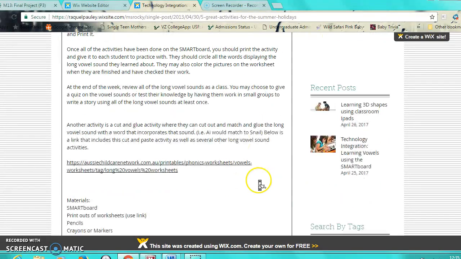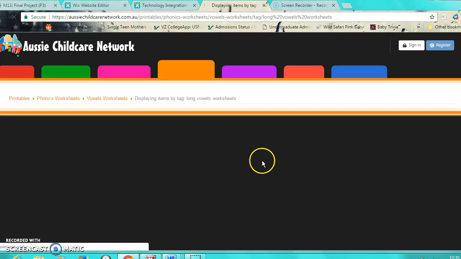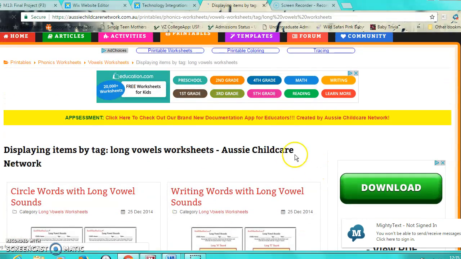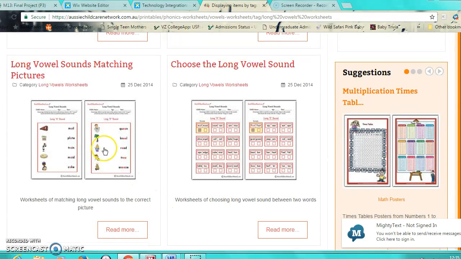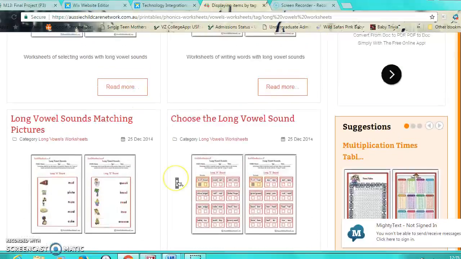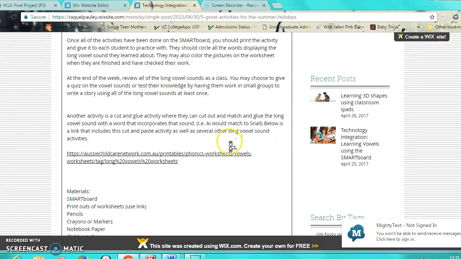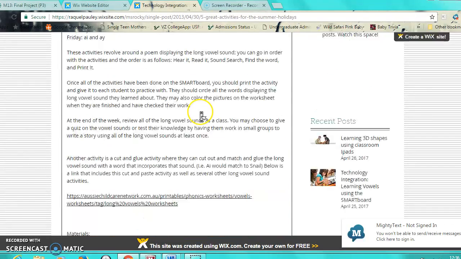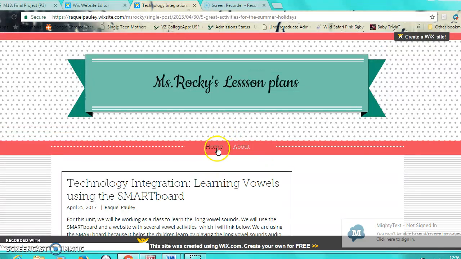If you don't have the smartboard, or if you wanted to reinforce what you learned, here's the link for those other activities, if it ever wants to load. Anyway, there's some different ones. I liked one of the cut and paste ones, which I believe is this one right here, where they were able to cut and paste and do some matching. And then at the bottom here you'll see the materials that you will need, or you may need, depending on which activities you choose to do. So if we go back to the home page,